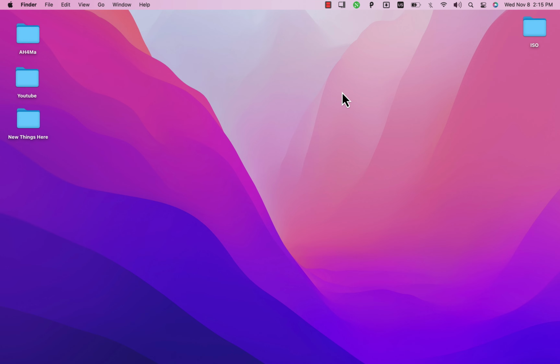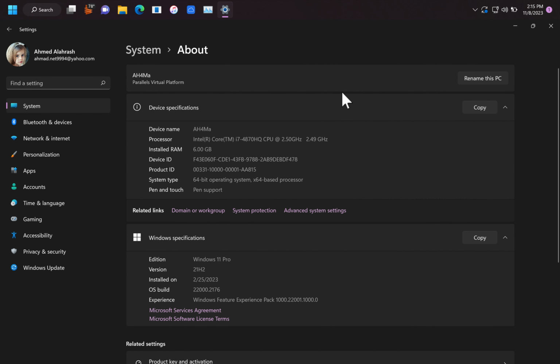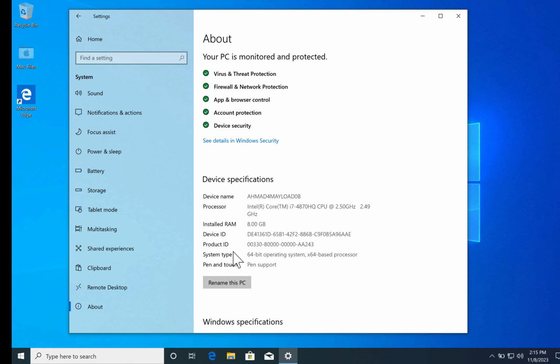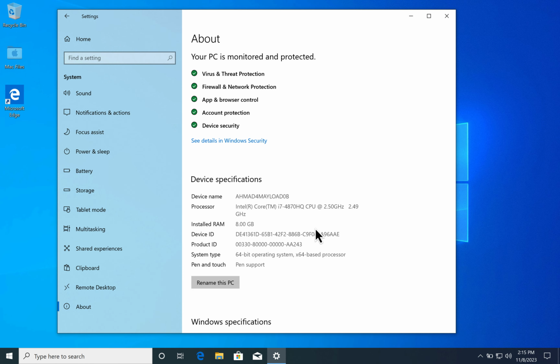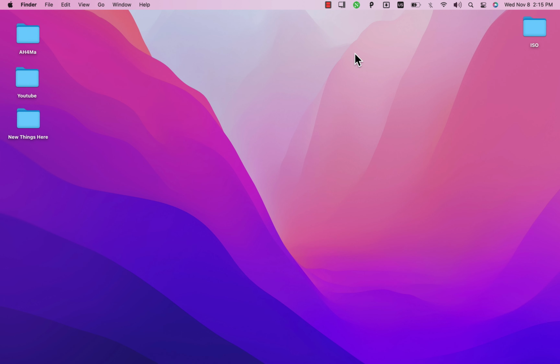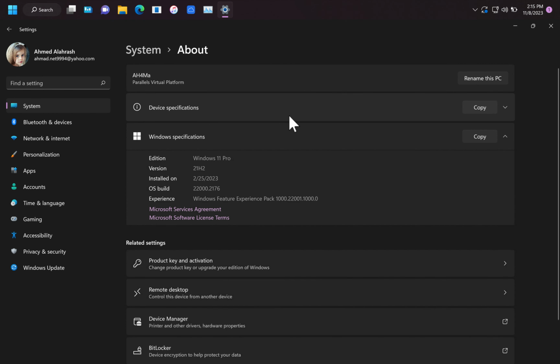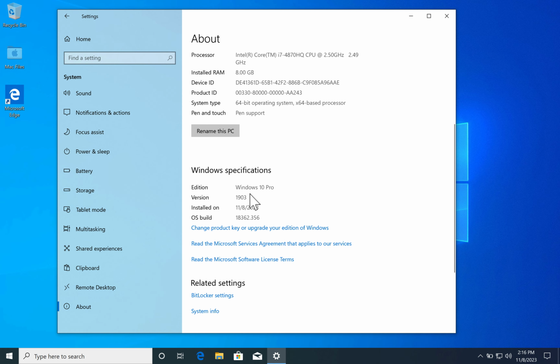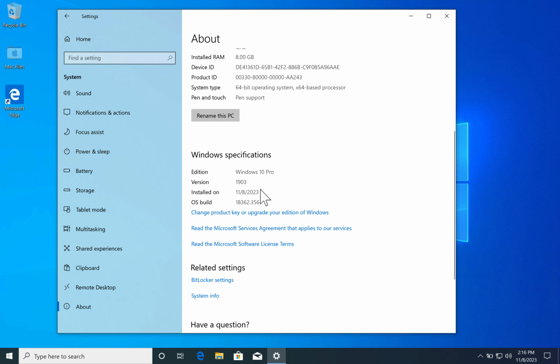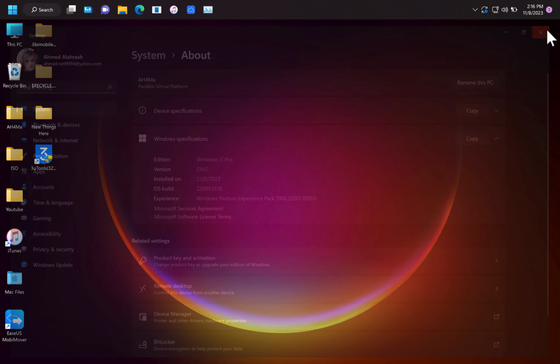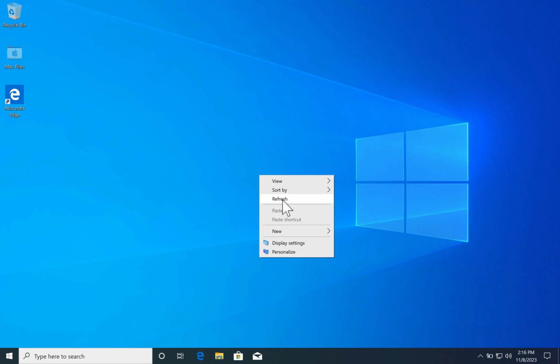In today's video I'm gonna show you how to install Windows 7, 8, 10 or Windows 11 on your Mac OS. As you can see, I'm using Mac OS and I'm also using Windows 11 Pro and Windows 10 Pro on my Mac. Each of them works well without any problems. As you see, this is Windows 11 Pro and this is Windows 10 Pro, and I run them at the same time and they work without any problems, and each system has its own files, and this is an excellent